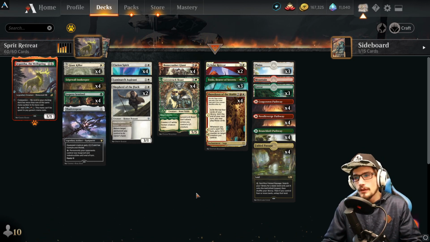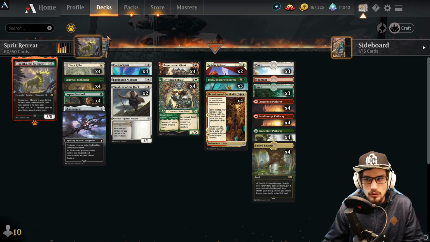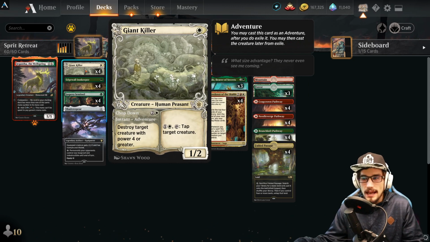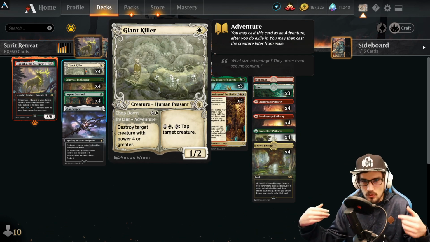With that being said, filling around the Edgewall Innkeeper through our adventure cards, we've got 4 copies of the Giant Killer, a 1/2 in which we can pay 2 mana plus tapping the Giant Killer to tap another target creature. This shuts down any of their creatures that may have life gain, and we don't want them to gain life because we want to get the kill as quickly as